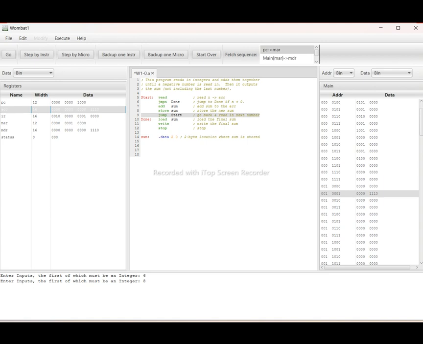The first thing, step by instruction, helps you know how a program works, and step by micro instruction helps you understand how a CPU works, how an instruction is executed, and know more about the process. Okay, now thank you for the